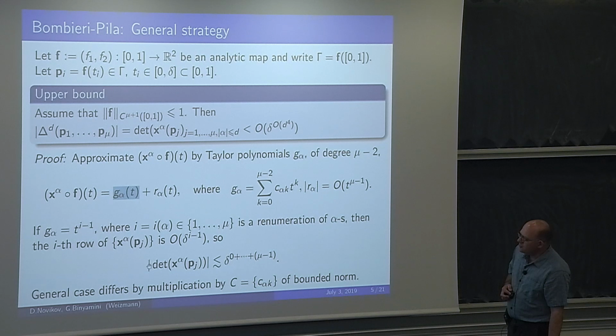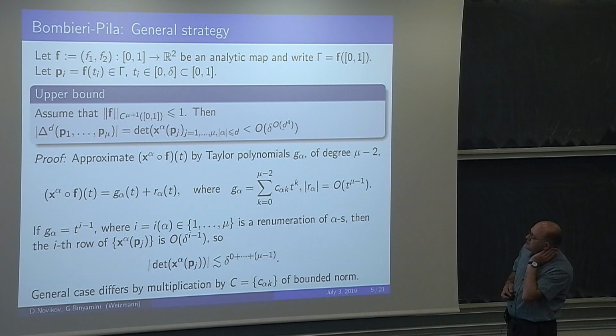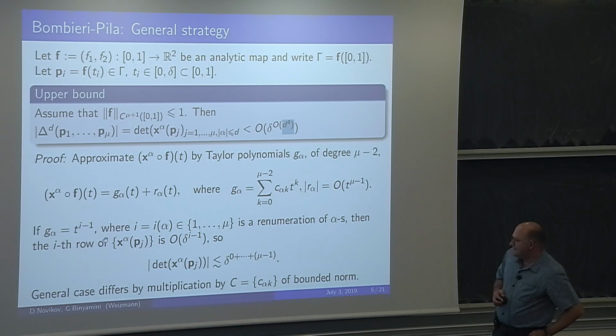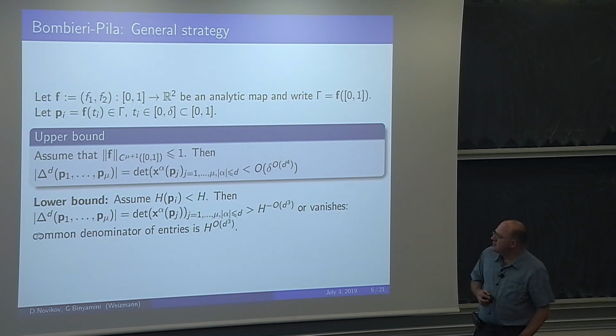So you compute, and you get this bound, which is exactly this, because mu is of order d squared. In some sense, what is used here is that the curve is one-dimensional, so the Hilbert polynomial just has degree 1. So this is the upper bound, and then there is a lower bound on this interpolation determinant,